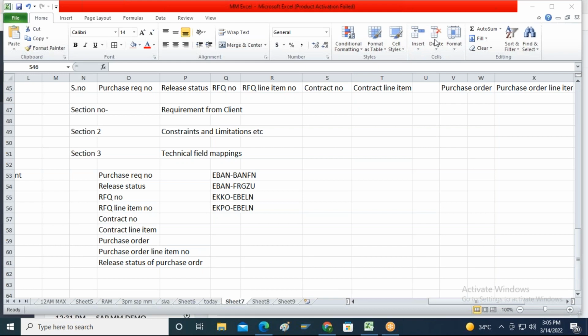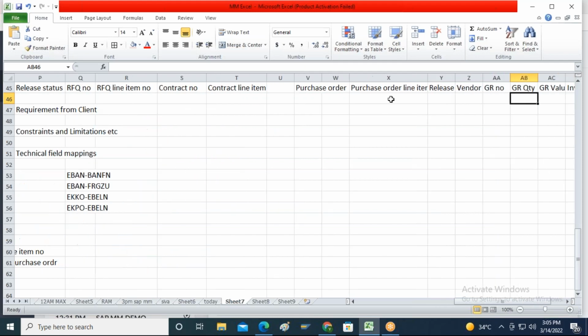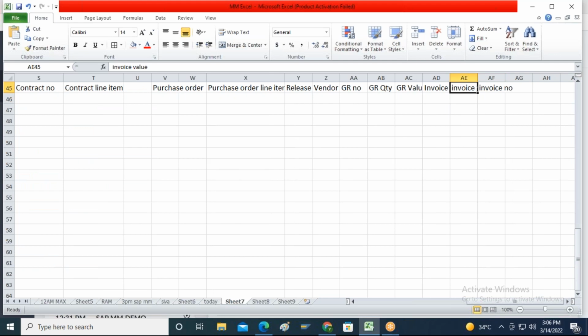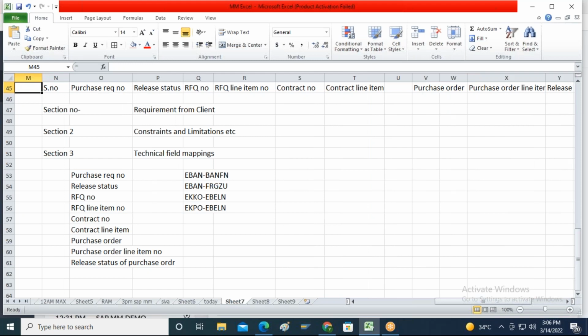Okay, then what is the contract line item number? What is the purchase order? Purchase order line item number. What is the vendor of the purchase order? Whether any goods receipt is done for this particular purchase order or not. If it is done, what is the goods receipt quantity? What is the goods receipt value? What is the invoice number and what is the invoice quantity? All those things he wants to see as a single report with respect to PR, all other details. So how to start with the